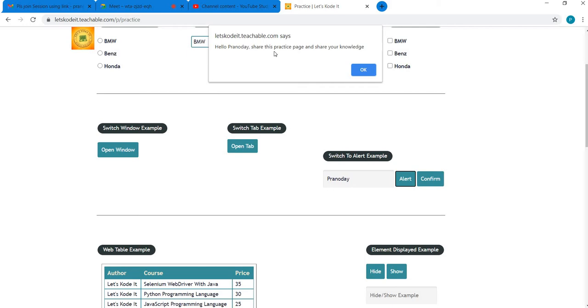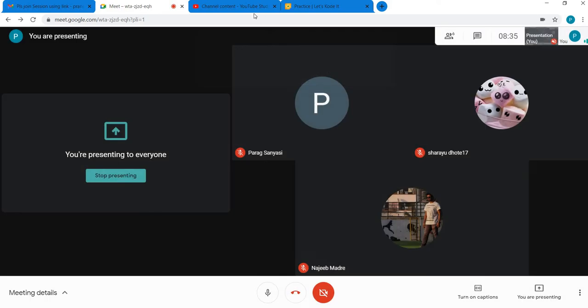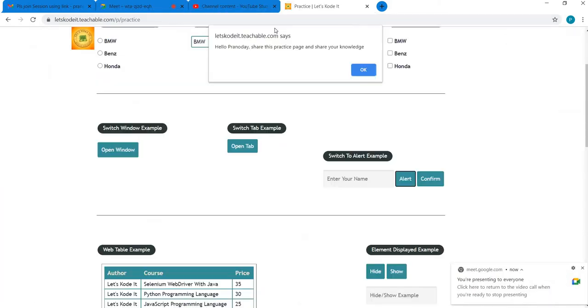Now let's see how we can handle this alert box. Right now we will be talking about handling the alert. This alert is called a browser alert. In a web application, whenever we enter any wrong data, the web application gives us errors, and those errors are usually prompted on these kinds of windows.